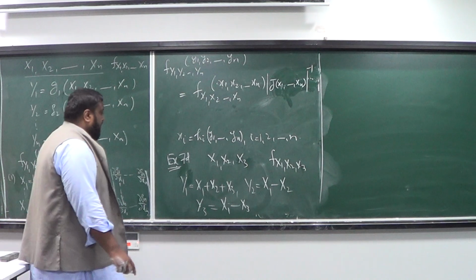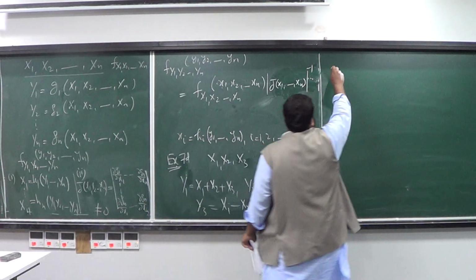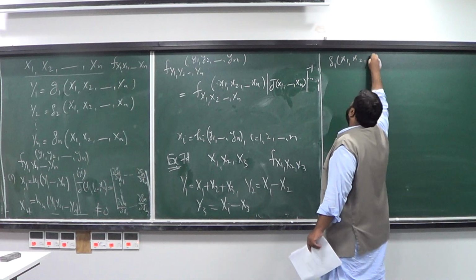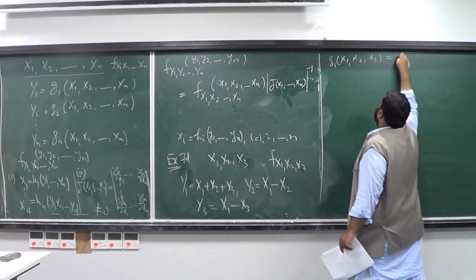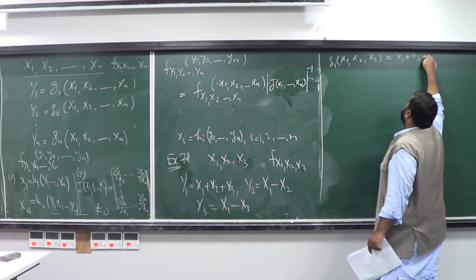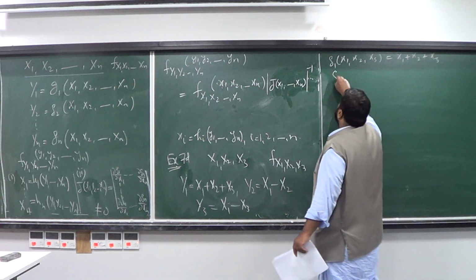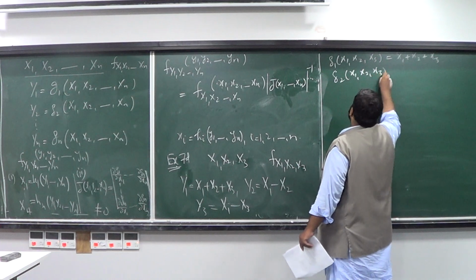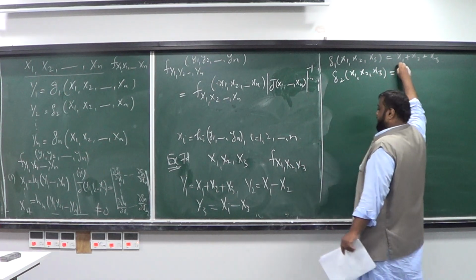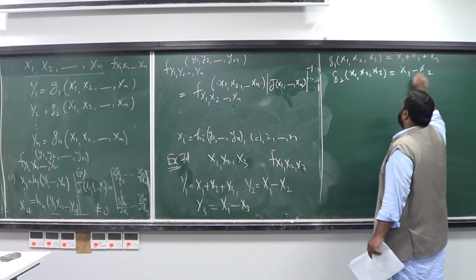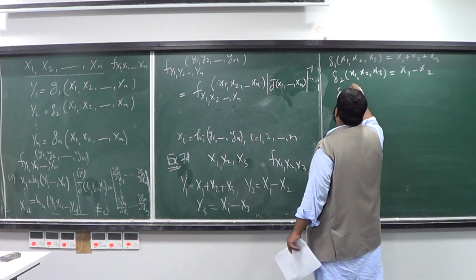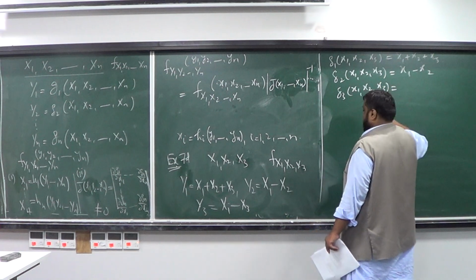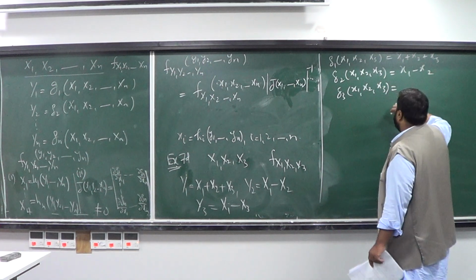In other words, my g1 of x1, x2, x3 is x1 plus x2 plus x3, and my g2 of x1, x2, x3 is x1 minus x2, and my g3 of x1, x2, x3 is really